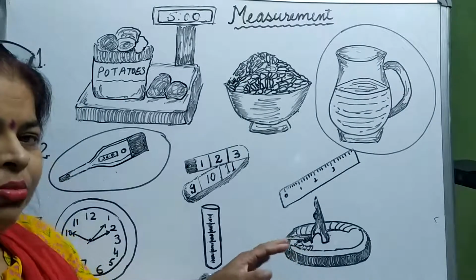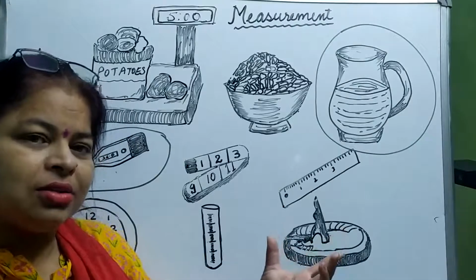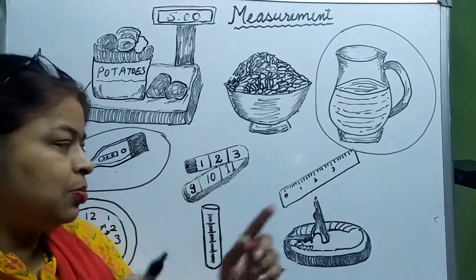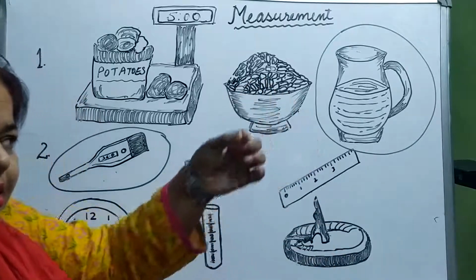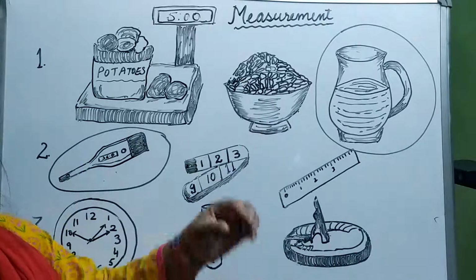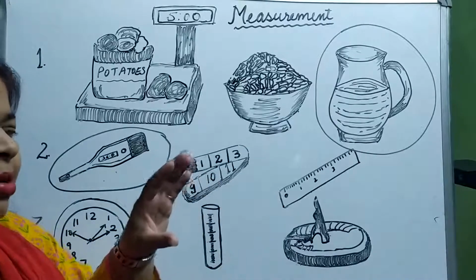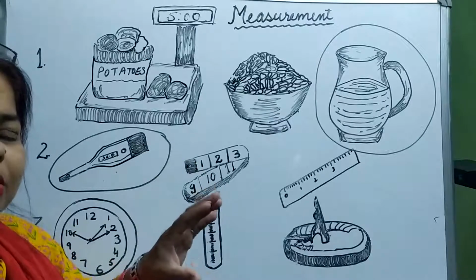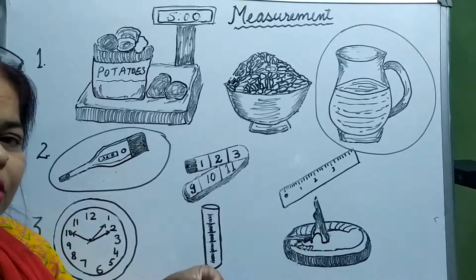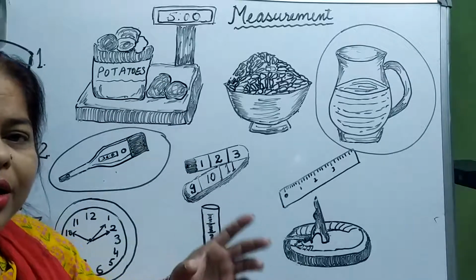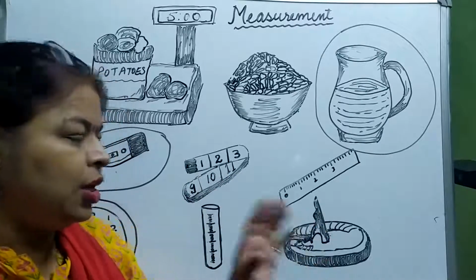Do you know some more devices which were used in ancient times? Just like the hourglass. It is a spindle-shaped box in which sand is kept, and the sand is allowed to flow down. When it has completely flown down, it means a particular time length has been over. So it is inverted and kept again. Now again the sand would trickle down and settle down. So it is a very uniform time. So the hourglass was also used in ancient times.